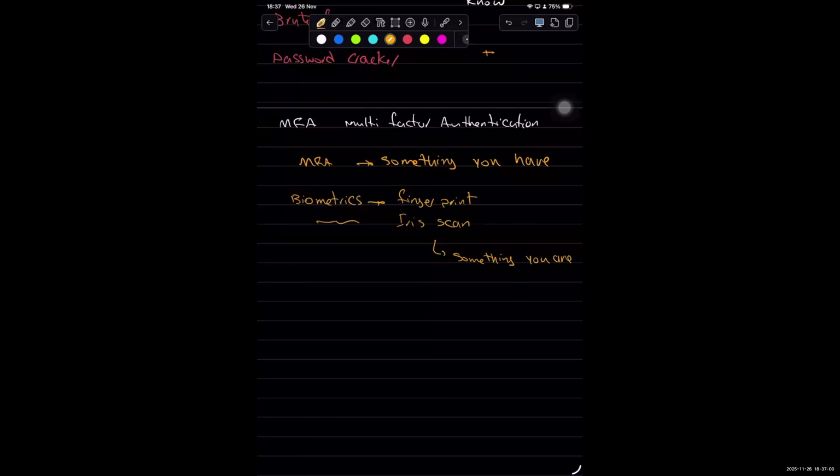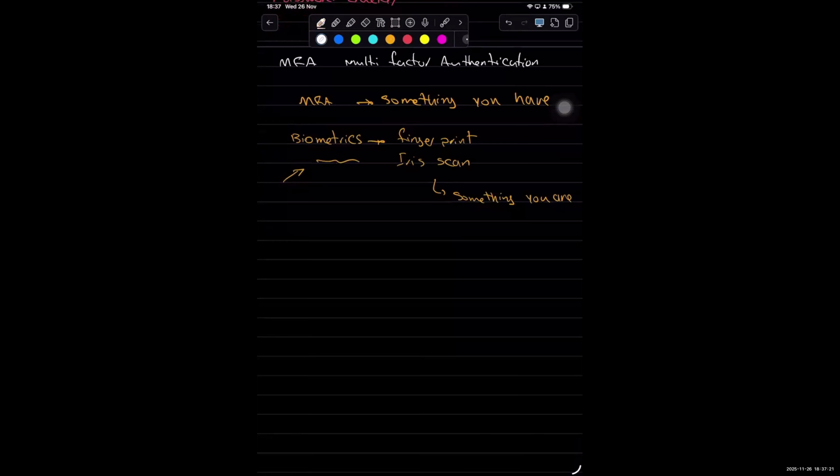So it might be very, very rare that someone has your password, has access to your phone, and copies your fingerprint. It should be pretty hard. Or the iris scanner, it should be almost impossible. There might be some security concerns, however, in using and keeping biometrics. The other thing that I want to mention is to avoid